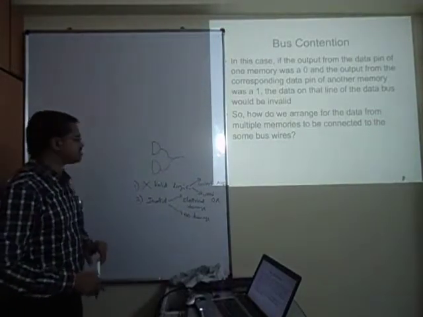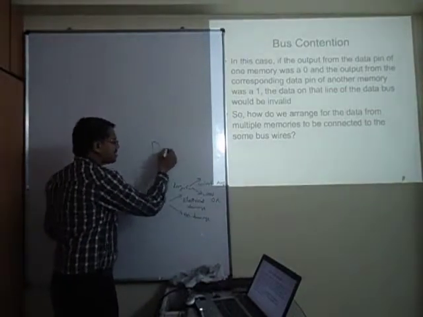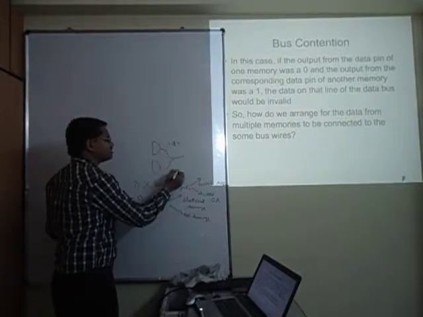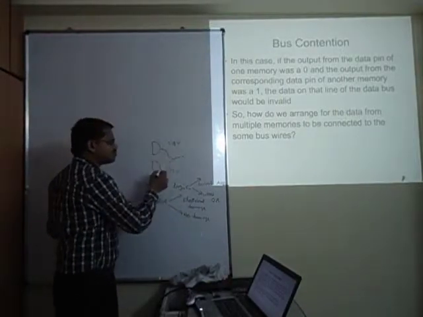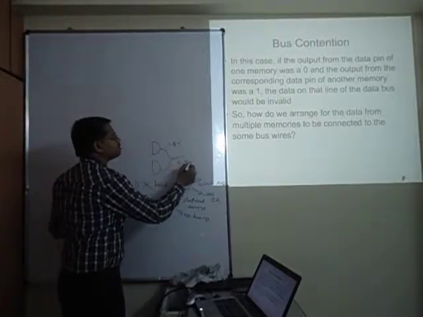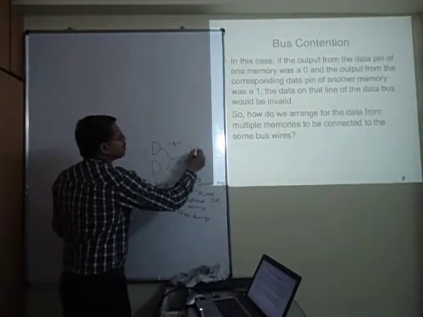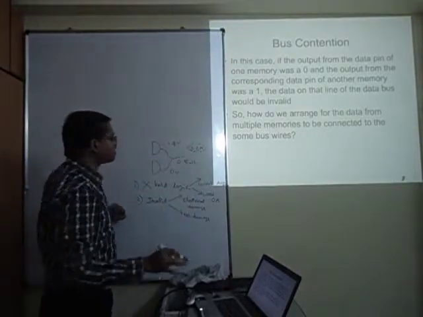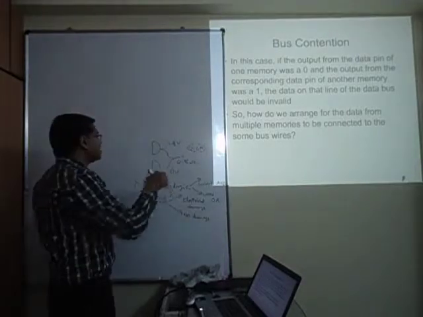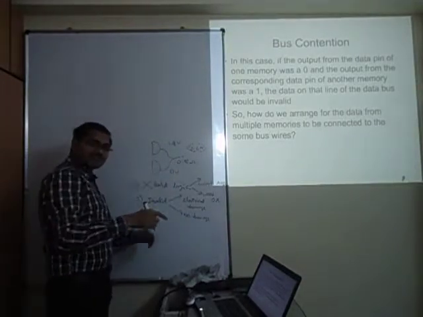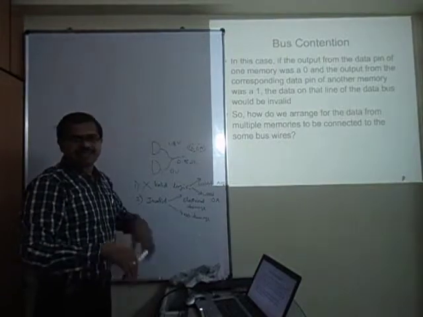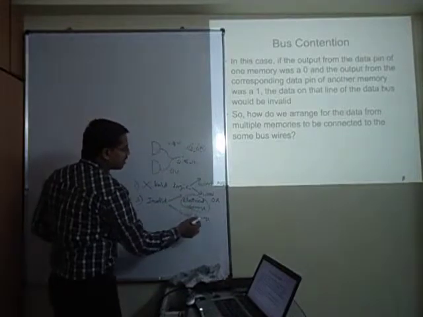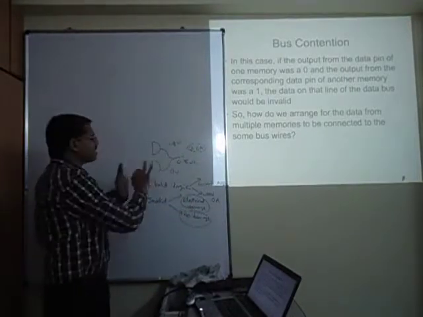So what is electrical damage? You are basically connecting the logic. Let's assume this is logic 1, which corresponds to 1.2 volts. This is logic 0, which is 0 volt. And maybe the resistance of this path is some 0.5 ohm. Then you can expect 3.6 amperes of current. If 3.6 amperes flows in a VLSI chip, it is definitely going to burn out. But these devices themselves are designed with some maximum current, beyond which they may not be able to provide current. So that is not the only condition that decides whether there will be damage or not. But the point is, that is not a valid condition.